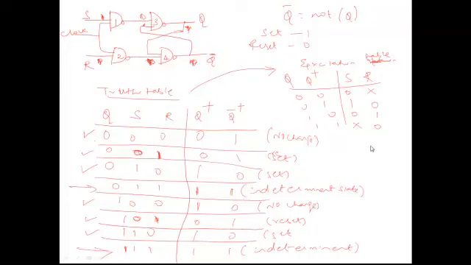Now the only disadvantage with respect to the SR flip-flop is that when both the inputs are 1, the output has an indeterminate state. That is a disadvantage of the SR flip-flop. So to ensure both the inputs are not the same, we can just complement the input. We can tie S and R together with a NOT gate. Therefore, we can ensure that whatever the S input is, the R input is the complement of the S input. That kind of flip-flop is the D flip-flop. D flip-flop is nothing but the same SR flip-flop only.